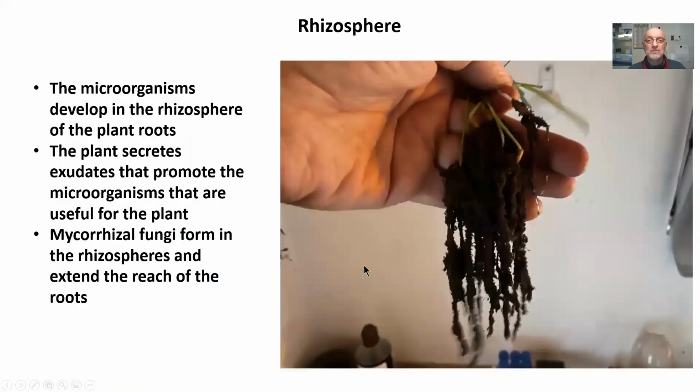So all of this stuff will start developing in the rhizosphere of your plants when you add what we call biocomplete compost. We will get to how we make it, but this is what it's all about. And this can be added in the form of actual compost, maybe as an extract, and even as a compost tea. So the microorganisms will develop in the rhizosphere of the plant root, and simply the plants are promoting